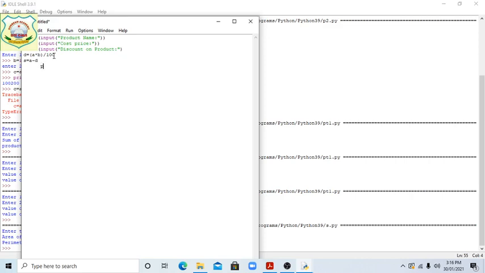Now print option. Print. What should it be? They are asking to create the program to calculate 5% discount on total purchase of stationery.